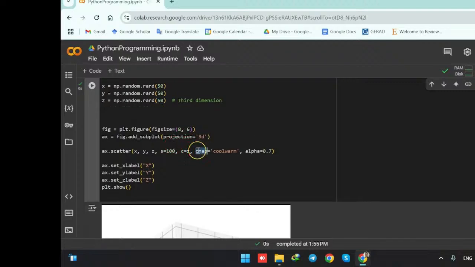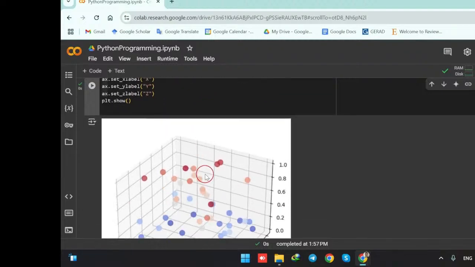And then we are going to use those values in the color map, and we are going to use the cool warm color, and the alpha, which is the transparency level, is 0.7. And finally we are labeling our axis here. Okay, so when I run this code,